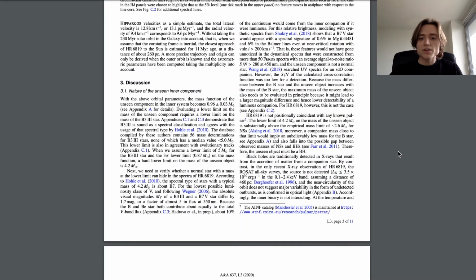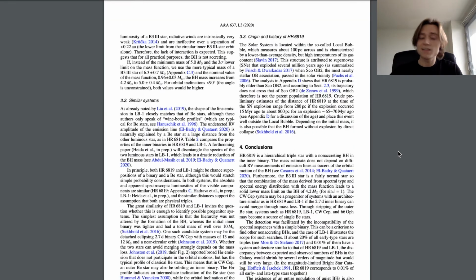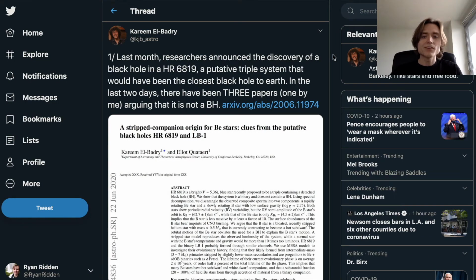And that's pretty much the summary of this paper, because it's a short letter. They say that it's a triple star system and that it's likely that one of those objects is a black hole. Now, if you're me and you're scrolling through Twitter and it's bombarded with lots of astronomy news, you'll find